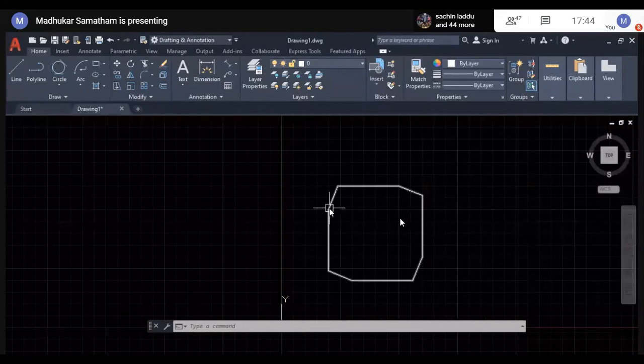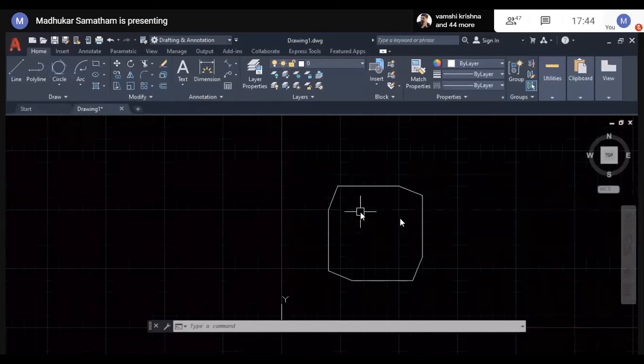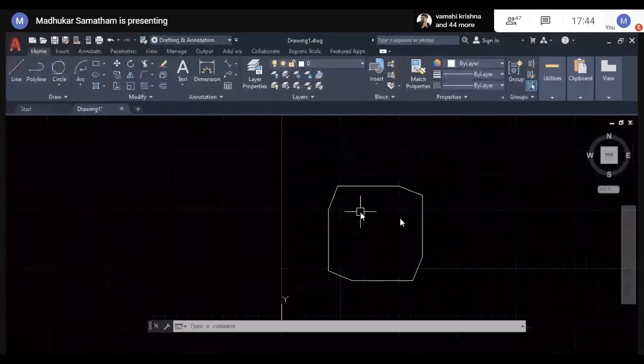This distance is 2, this distance is 5. Means whatever chamfer first distance we specified, it will be calculated in the x direction. Later, whatever second chamfer distance we specified, calculated in y direction.